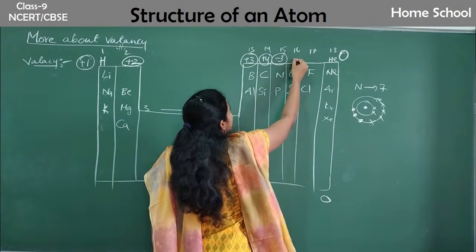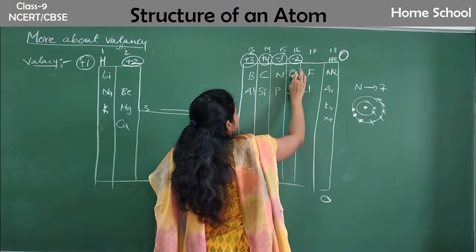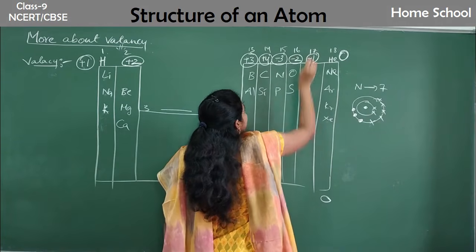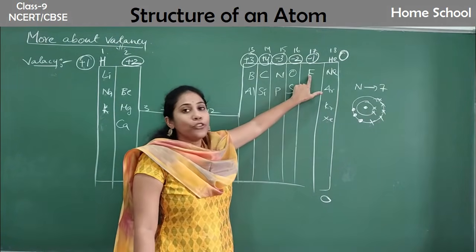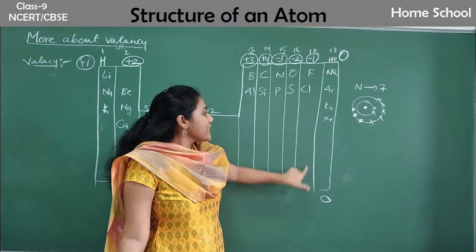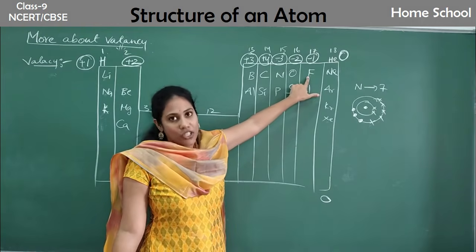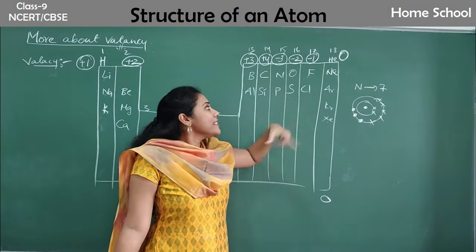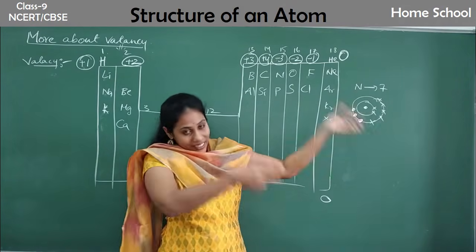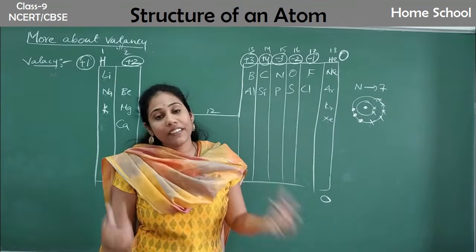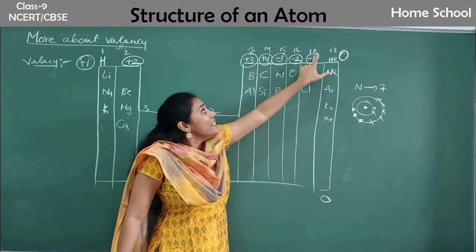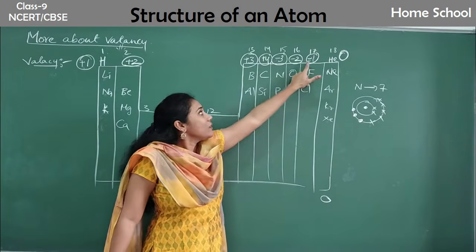Clear? Similarly, 16th group elements, that is oxygen and sulfur, valency is -2. 17th group elements valency is -1. Fluorine, I have shown you. Okay, in the outermost shell, there are already 7 electrons. All these guys will have 7 electrons in the last shell actually. So all these elements, when they react during chemical reaction, they will grab 1 electron. They will gain, they will take 1 electron from others. That's the reason their valency is -1. Minus means taking.